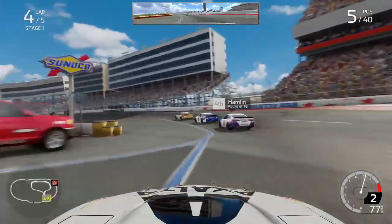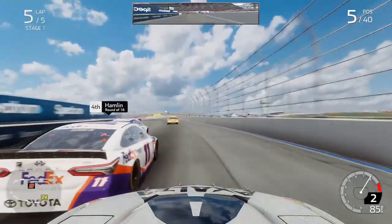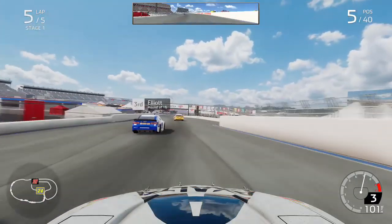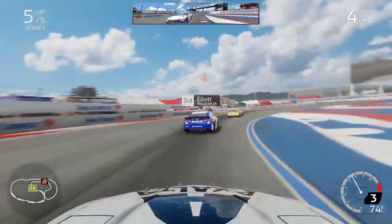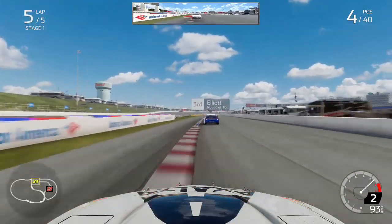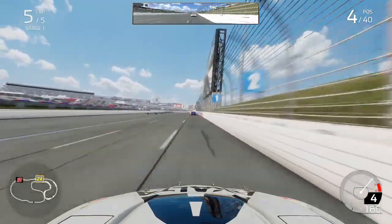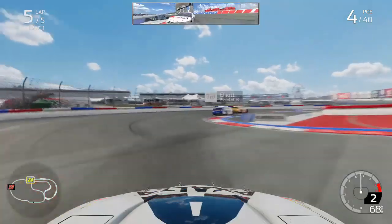He is already on the exit of oval turn 2 as we were just heading into oval turn 1, so we come through to the final lap of the stage now, still with Hamlin and Elliott. Now as they actually look to the right hand side of Denny Hamlin as we come through out of turn 2 down through turn 3, clearing the 11 after where he had ran us down and passed us. We fought back and were able to pass him back now as we climb up to P4 now as we head down this short little straightaway. That curve really likes to grab you, but now as we came through out of oval turn 2 heading down towards the bus stop for the final time in the stage, Elliott up on 2 wheels for a moment